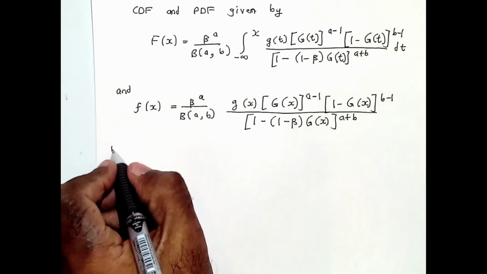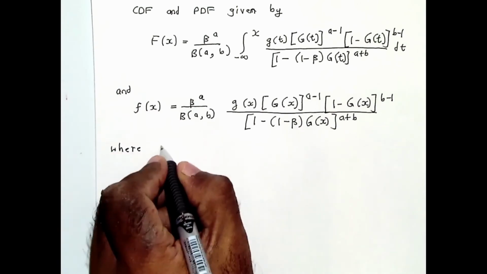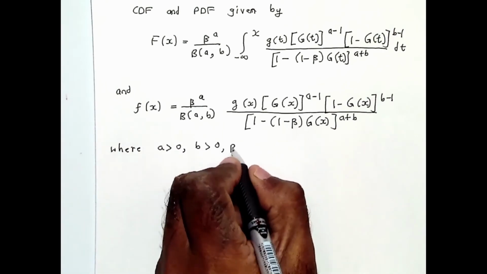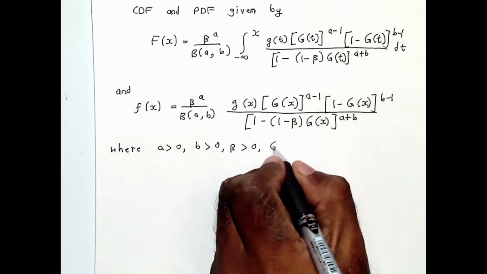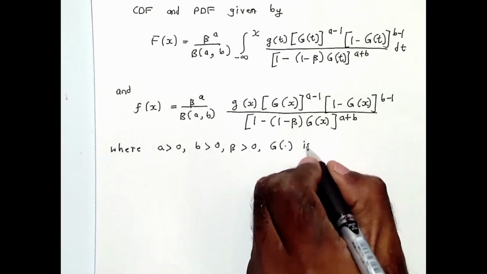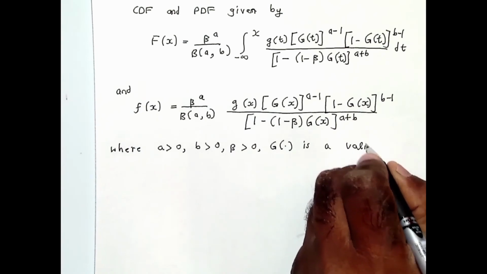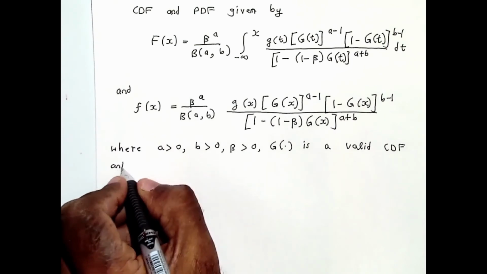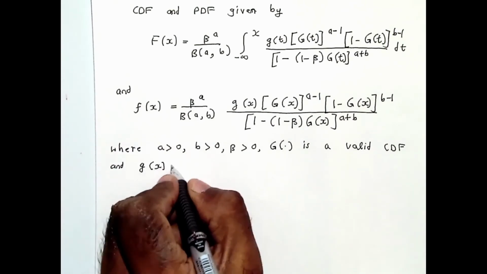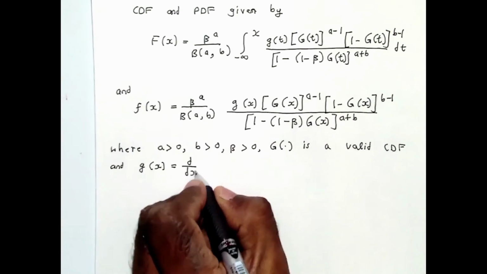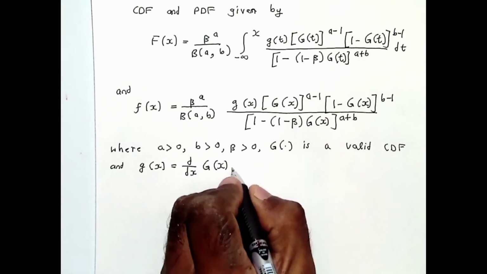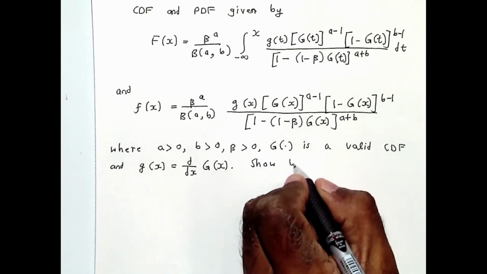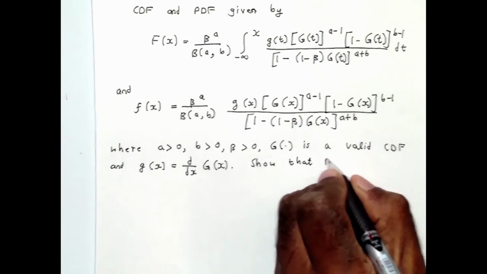So where A is positive, B is positive, beta is positive, G is a valid CDF, right, and little g is the derivative of capital G. Okay, and the question is the same, that is, show that F and